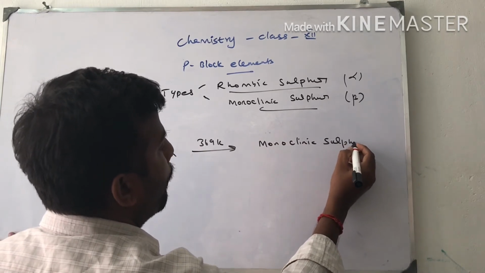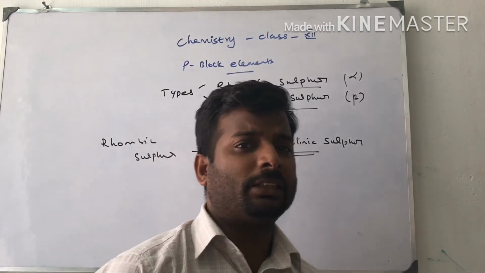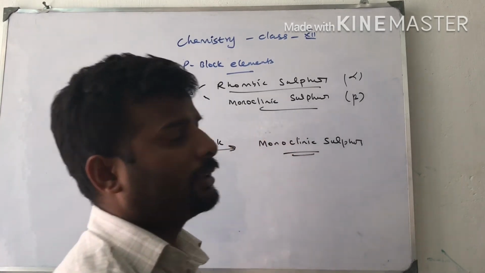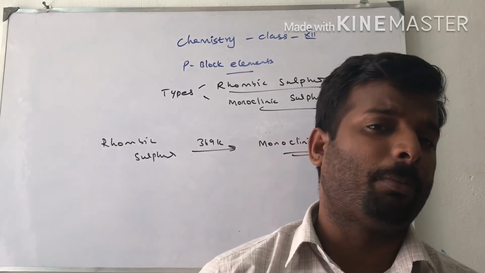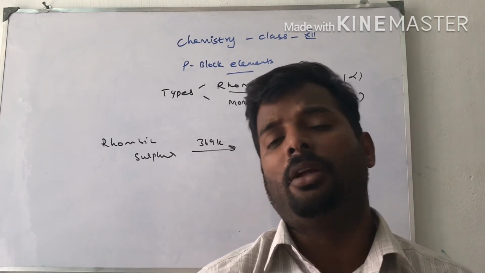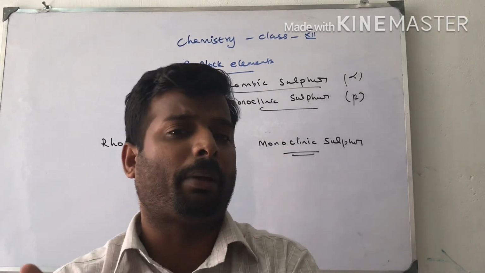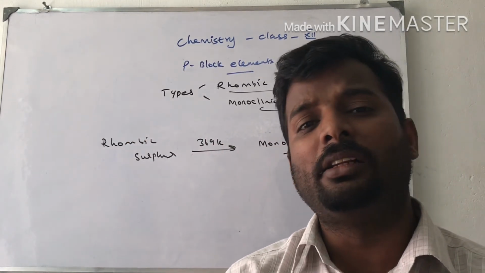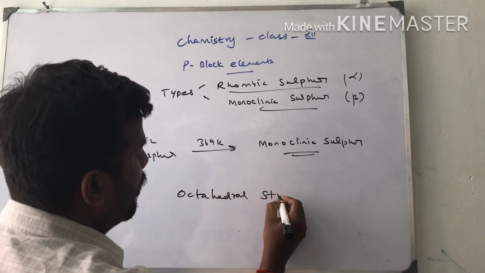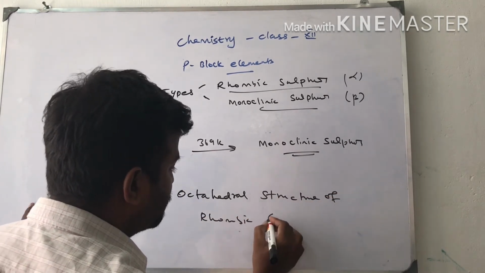Okay. Now rhombic sulfur is extracted by dissolving sulfur powder in carbon disulfide. Carbon disulfide and rhombic sulfur powder are mixed in a beaker. Heat, and you get a solution. Filter the solution, and dry the filter paper. You get needles of octahedral structure. The octahedral structure of rhombic sulfur is formed.